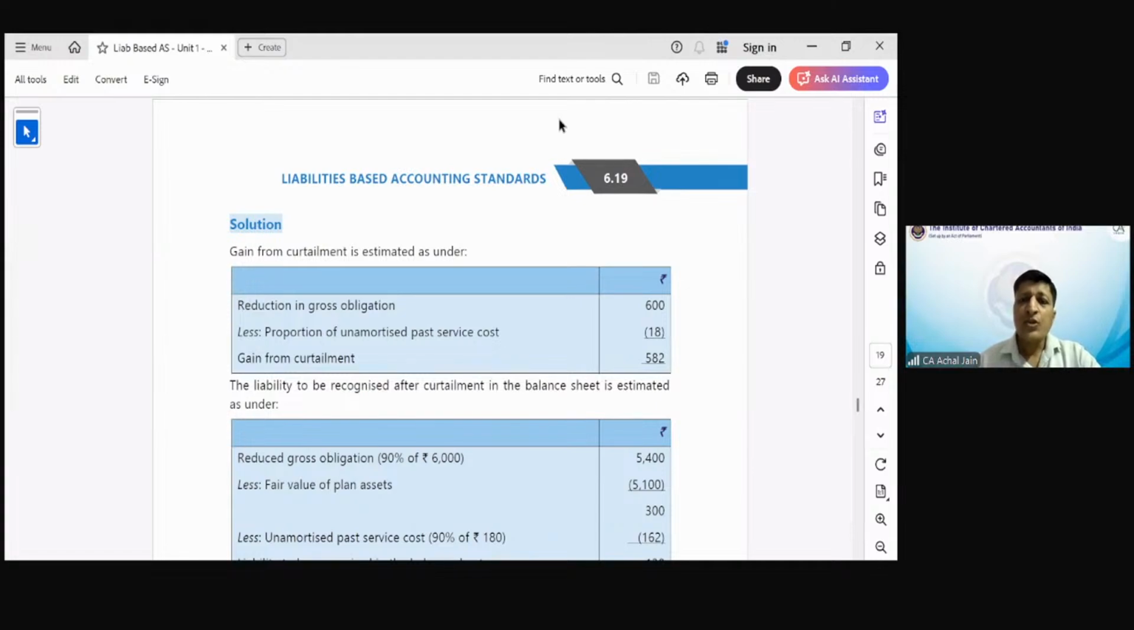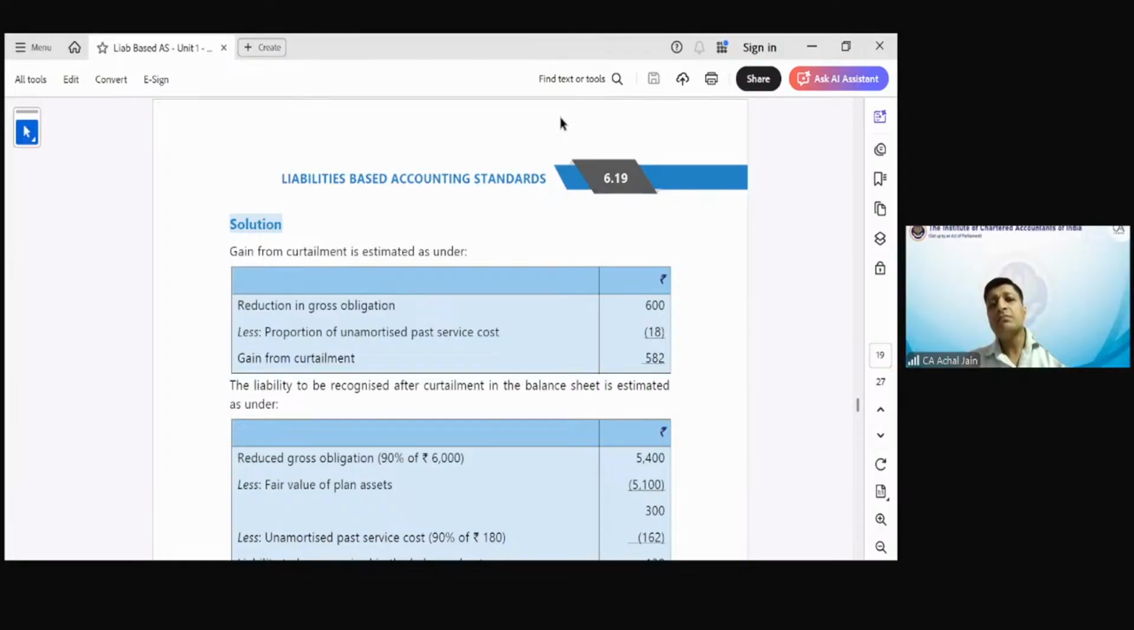Correct? So if, let's suppose, liability goes down by any number, will that be a gain to the company? Yes or no? Yes? Great. Devu, Ishan, they are saying yes. Somay is also saying yes. Very good. Now, in relation to this gain,